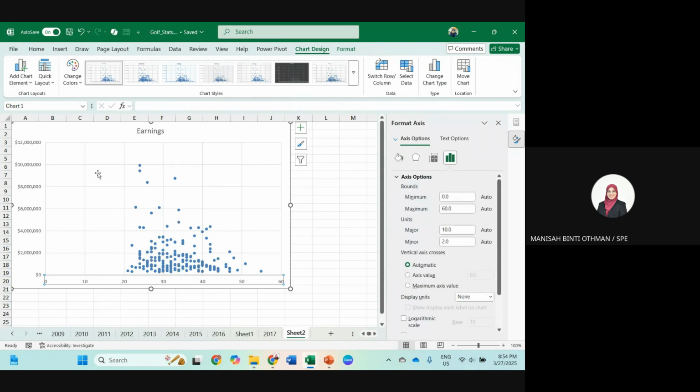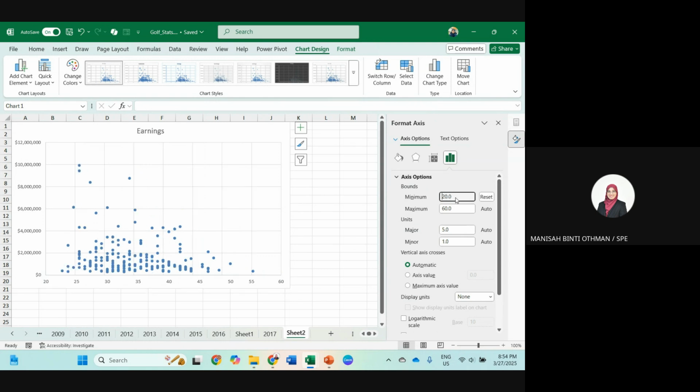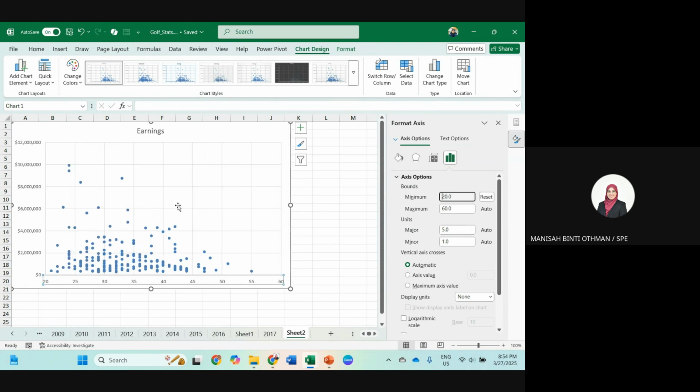You can see this is an empty area. So let's say you want to remove this empty area. What you can do is, you can see the minimum here is 0 to 60, right? 0 to 60, but 0 to 20 has no data. So maybe you can set the minimum to 20. Let's say minimum 20 and enter. Now you can see the chart is clear. If you want to move to 60, moving it to 58 also works.